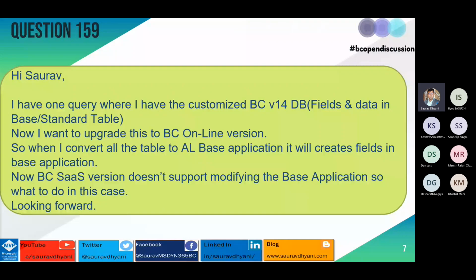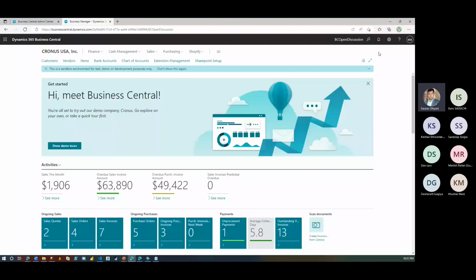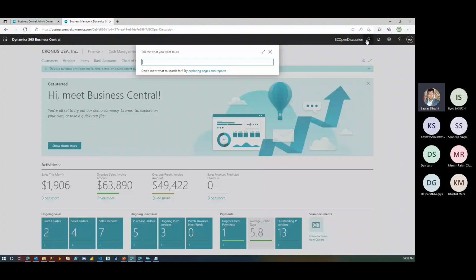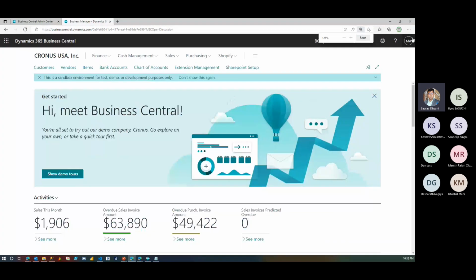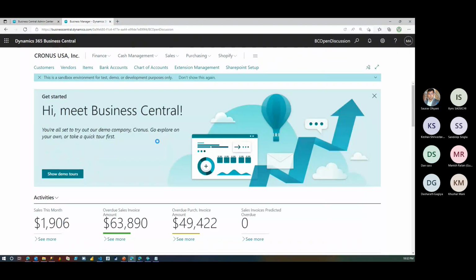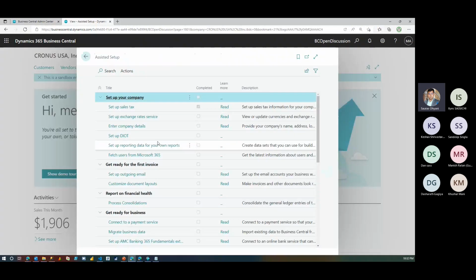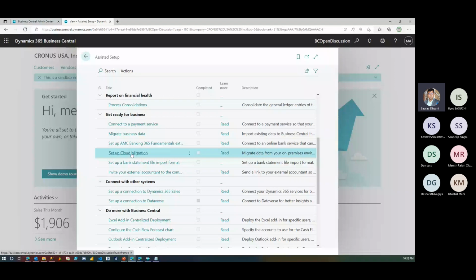Then there is a very important thing which I would like to talk about specific to this topic, and I'm going to raise it to Microsoft also. There is something, and maybe I'm also part of that problem because I said it in the beginning when I was super excited. When you start your journey to SaaS from your on-prem, because Business Central is still under Microsoft mainstream support, you go to assisted setup in your SaaS environment, then set up cloud migration, and then you accept your warning,